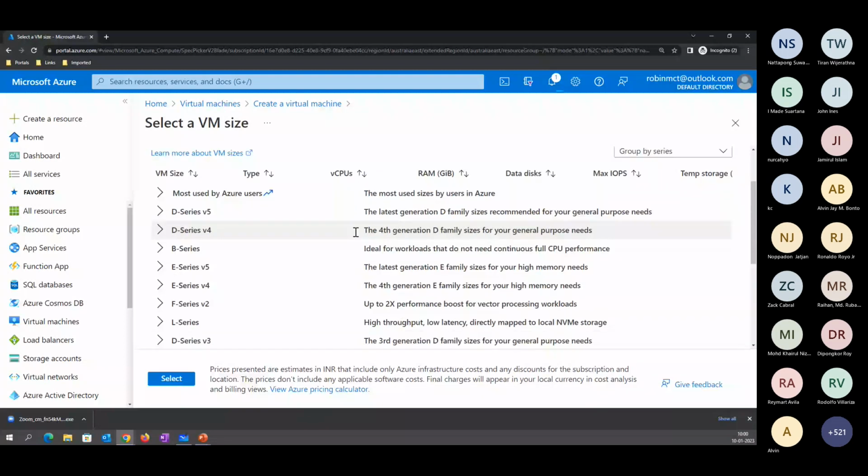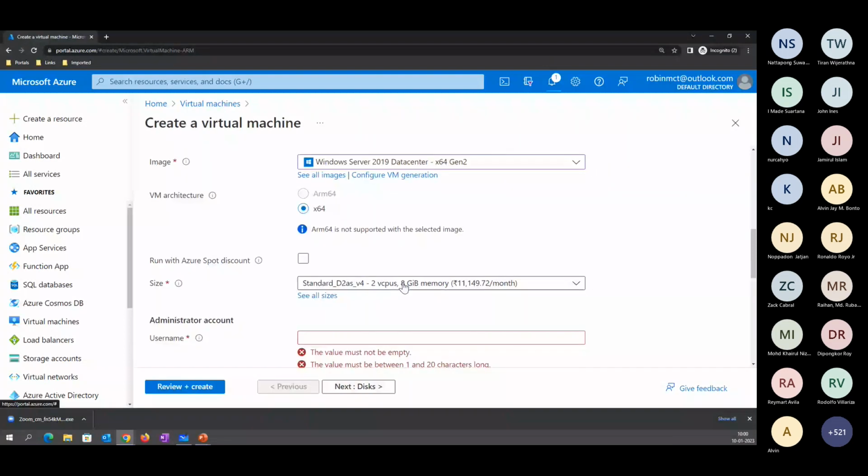So depending upon the size, you can select the configuration here. So rather than configuring a high-end configuration, if you go to see all sizes here, you will be able to select the right configuration. Now the point you need to remember here,